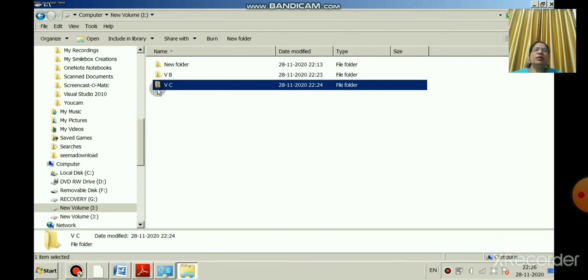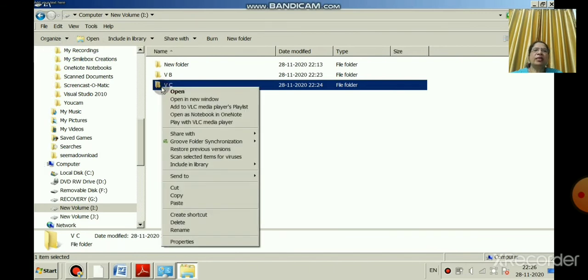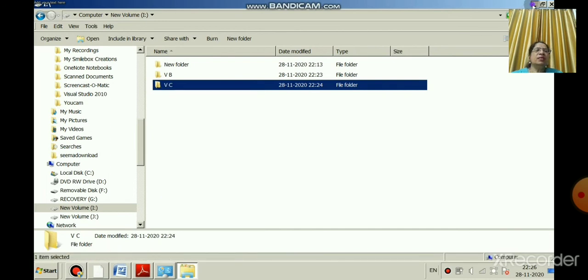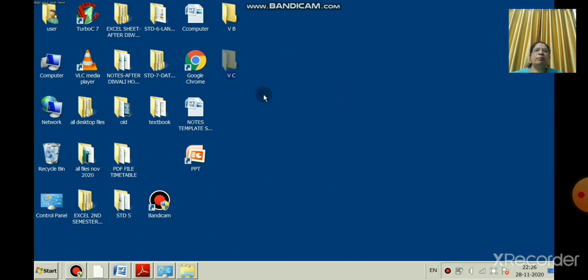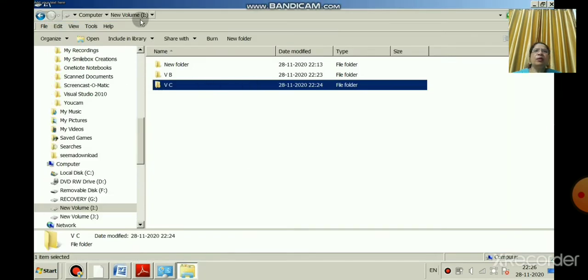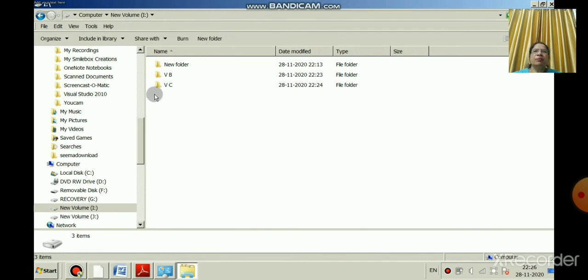What I have done? Select it, right click. Now you can do Organize and Copy, or right click and Copy. Minimize the screen, go to the desktop. Now here I want to copy and paste. Can you see here? 5th B and the 5th. I have copied the folder. You can see here the copy option. Okay. Now what I'll do here?